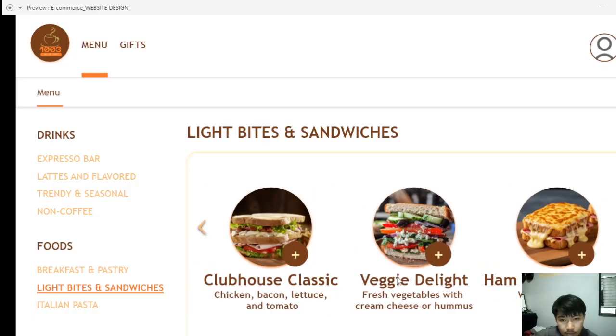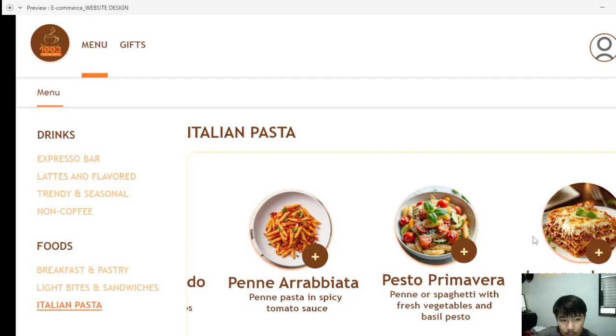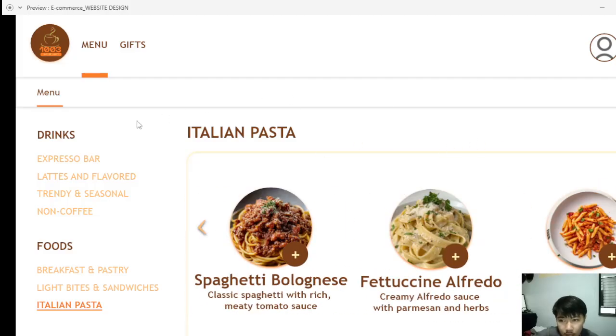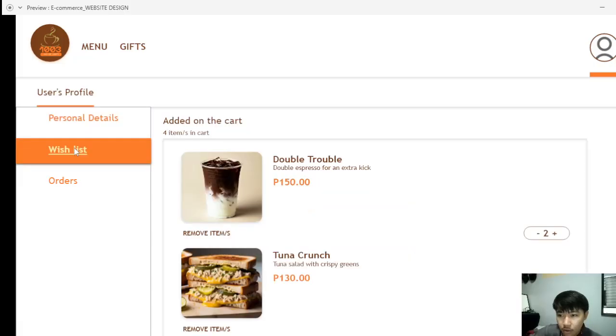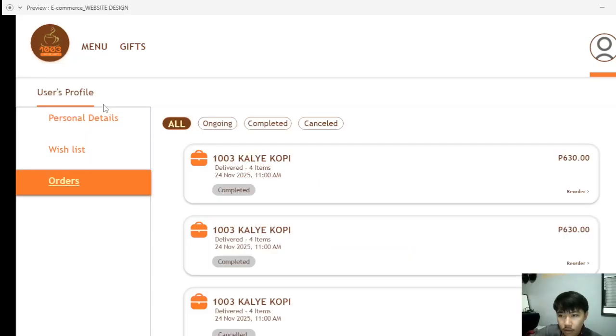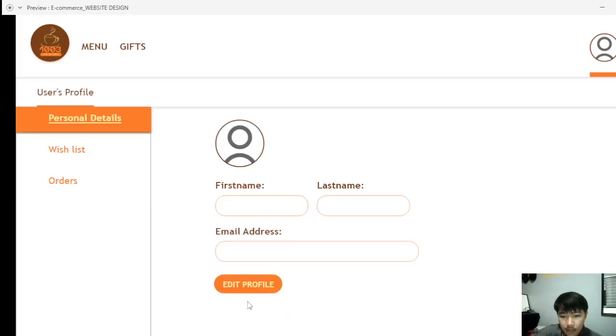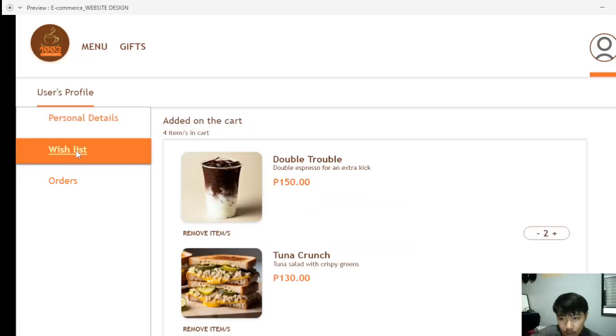Let's see it, and then the Italian pasta. So now let's take a look at my profile, the user's profile. So we have the personal details, wish list, and then orders. For the personal details, you can see your personal information and then you can edit it. And then for the wish list, or the things that in the future you want to place an order or add to the cart,